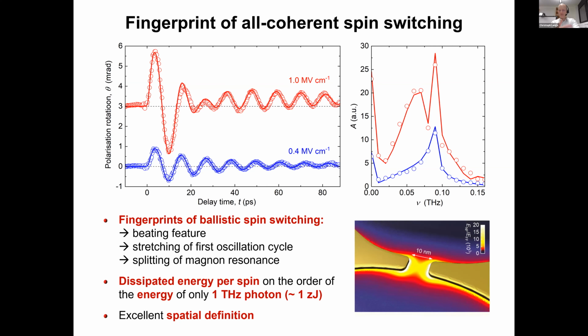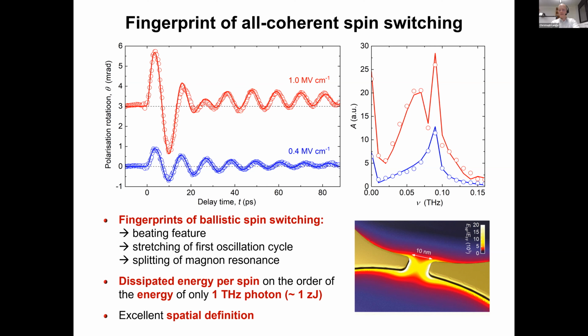Furthermore, this antenna already has a certain spatial definition of about 3 microns. That's a gap width of 3.5 microns to be precise. But of course, that's not the end of the line. It's well conceivable, here's the corresponding calculation, to reduce the gap size of the antenna to, for example, 10 nanometers, and thus at the same time increase the definition spatially of where you actually switch spins, and at the same time